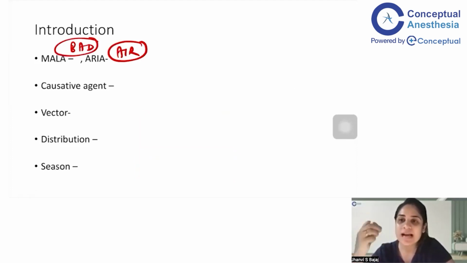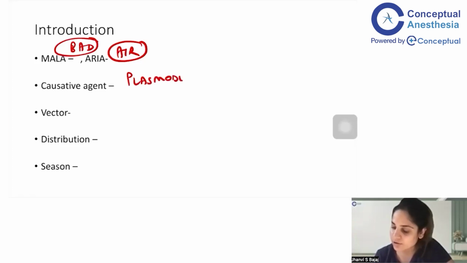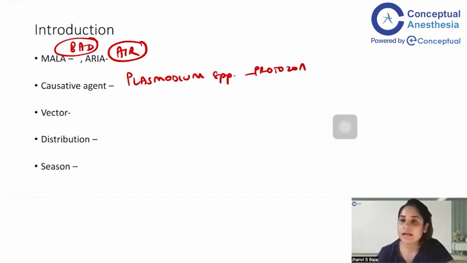So what is the actual causative agent of this disease? The actual causative agent, or the parasite, is the Plasmodium species, and this is a type of protozoa. This is the one that will invade the cells of the liver and the RBCs of the human, and it will procreate, go through different stages, and it will actually cause the disease of malaria. But who carries this protozoa? It is carried by a vector, and we all know that this vector is the female Anopheles mosquito.